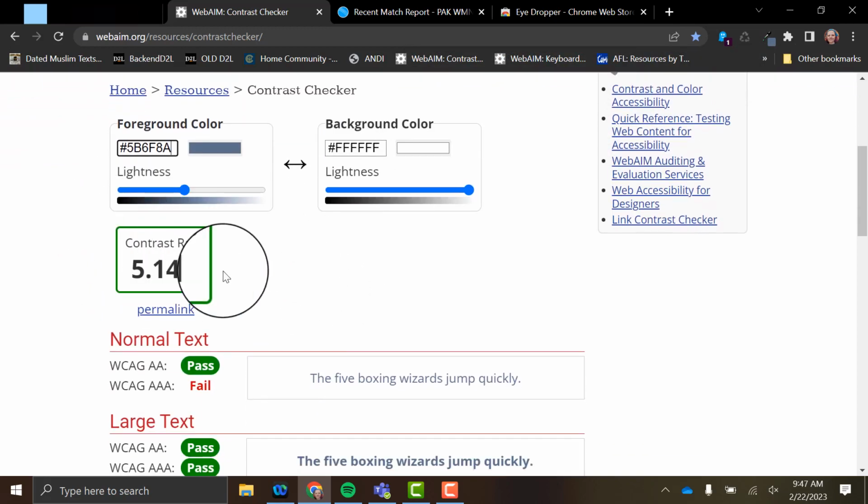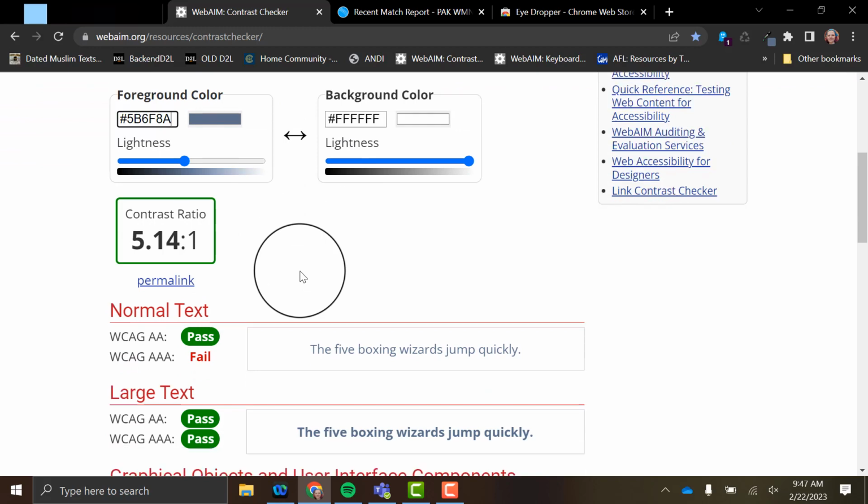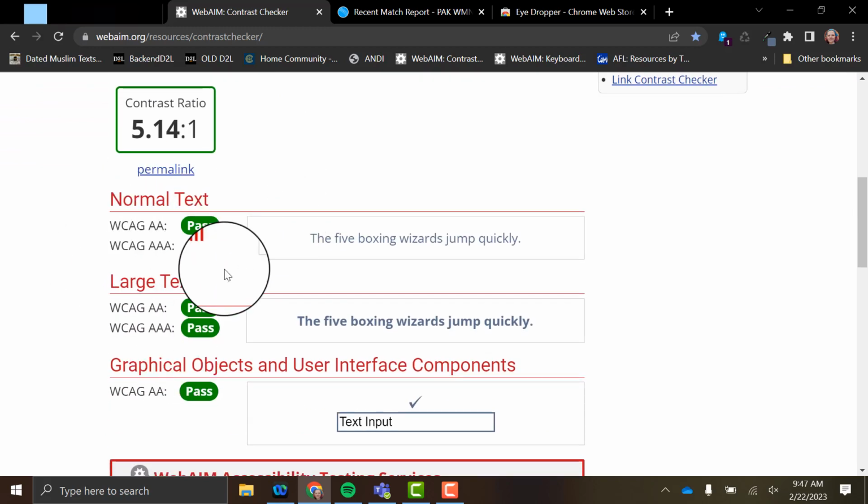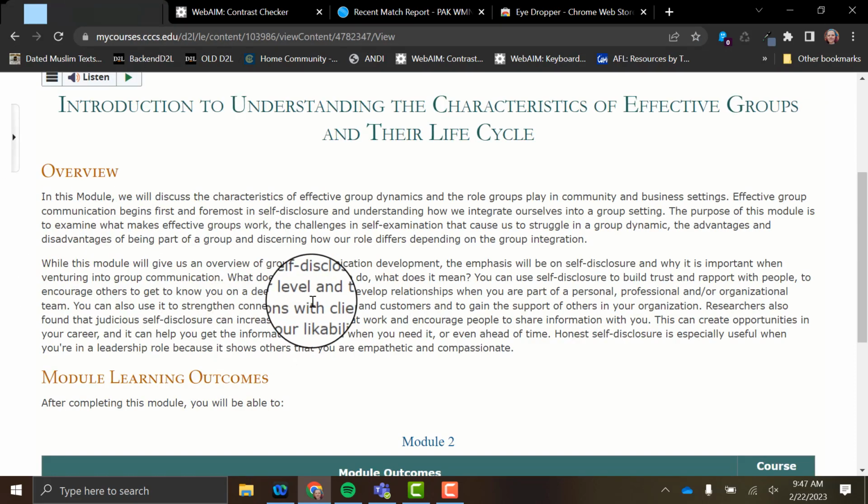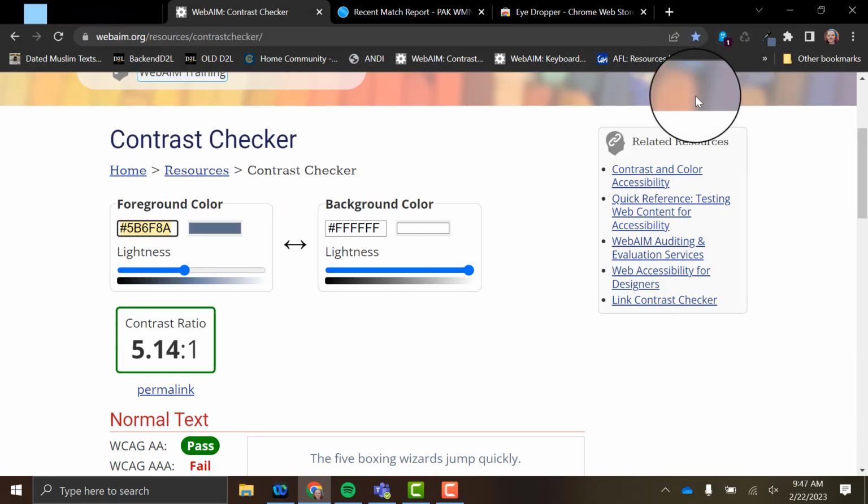That gives me a contrast ratio of 5.14 to 1. This passes except for WCAG AAA with that normal text. So this text in the center here, just the typical text, that would maybe bring me a little bit of concern, but it doesn't pass WCAG AA. If I'm looking at the